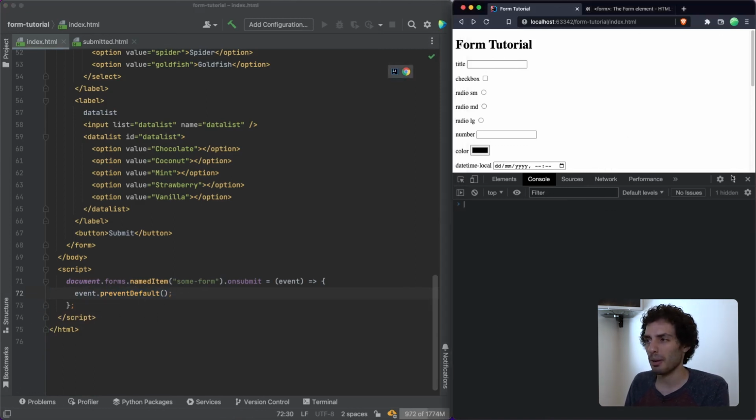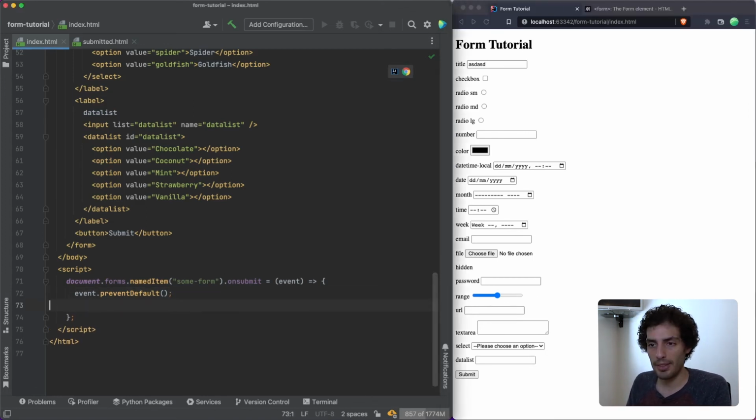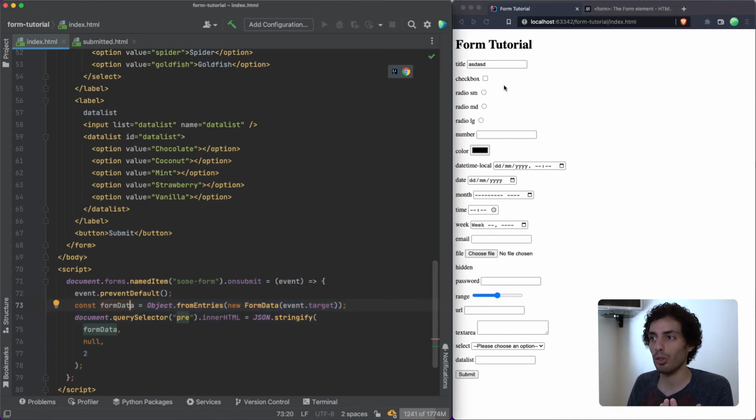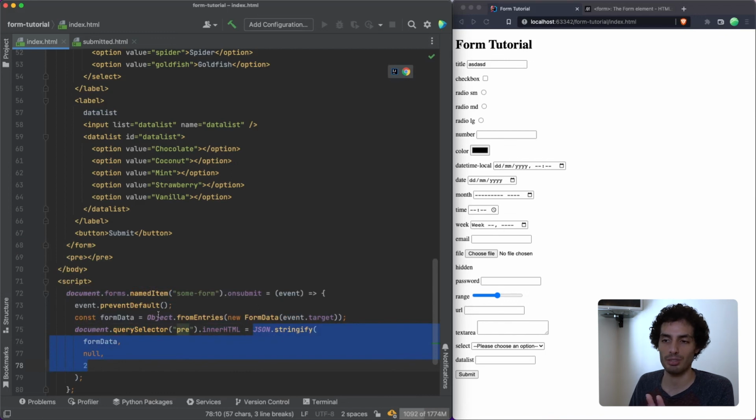So when you add this, it turns the form into a placeholder. If I try to submit the form, it's not going to do the default behavior of sending to the server, which is what you want in a single page application. And then you saw down here, you can still get all the form data very easily, right? You just go new FormData and you pass in the form itself, which is this event.target. Then I'm wrapping it in Object.fromEntries, just so it turns it into a nice JSON object. And then just like before, I'm going to add a pre tag inside the body. So all I'm doing is querySelector, pre tag, and then I'm going to set the innerHTML to the JSON string of